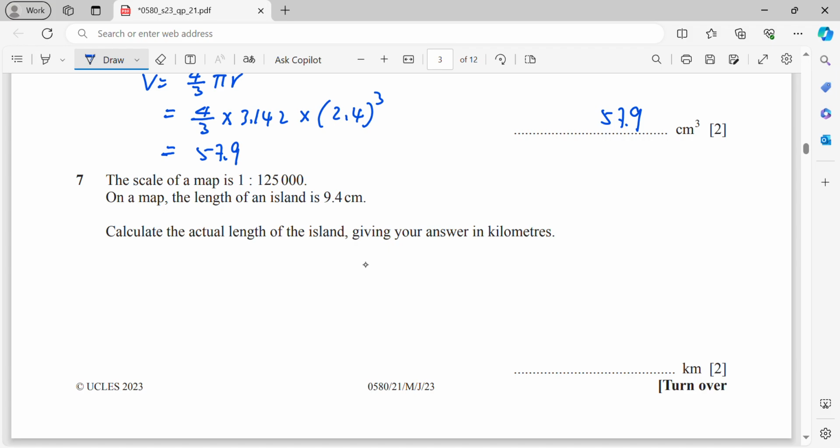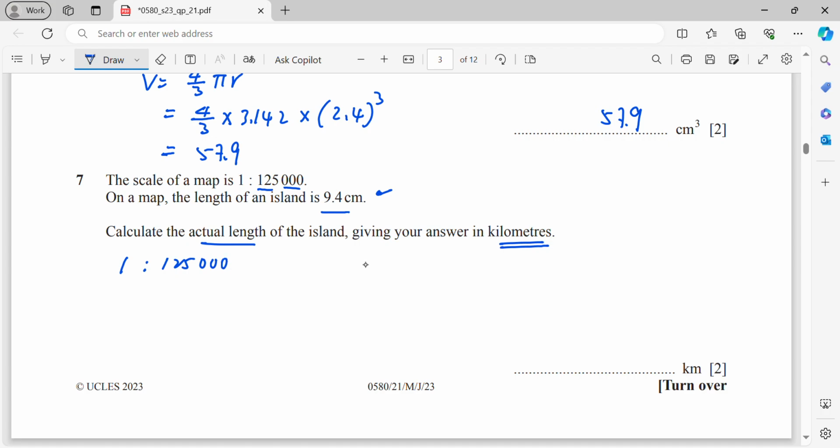For question 7, the scale on the map is 1 to 125,000. On the map, the length of an island is 9.4 centimeters. Calculate the actual length of the island, giving your answer in kilometers. Okay, just now it was centimeters, and now you change to kilometers. So 1 to